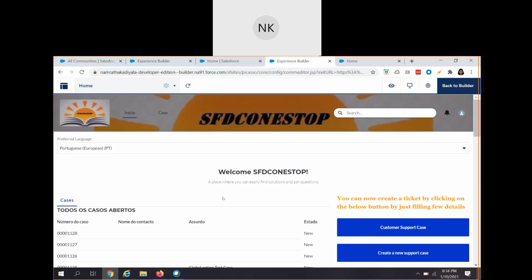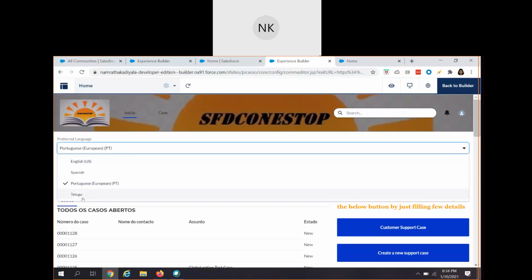So this is how we can add the language selector in our community page and make it available in multiple languages based upon your business use case. You can ignore Telugu, which I have chosen, but mainly go by your business scenario. Of course, you try to expose your community pages to different international customers, so it is always good in those scenarios. The language selector or language picker component is mainly used, and it helps for a better user experience. I hope this video is helpful to most of you, and this is all we have for today's session.